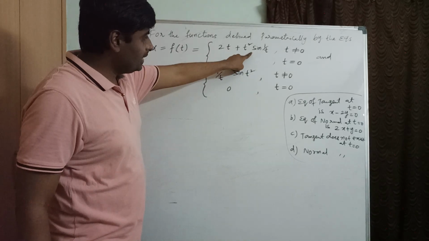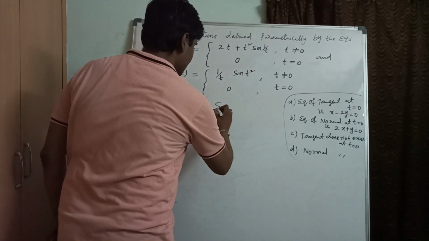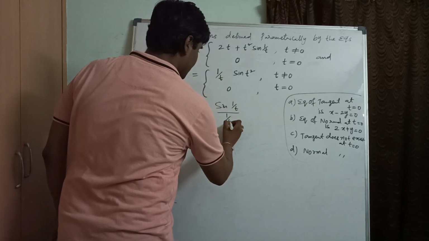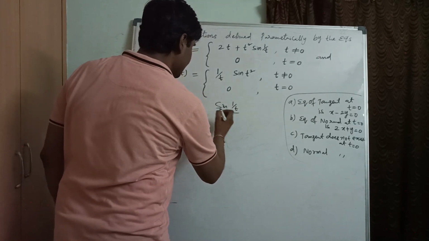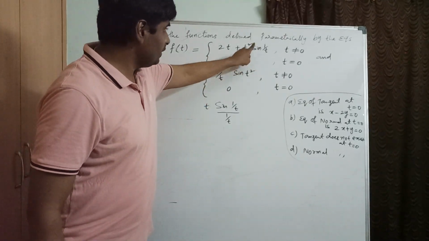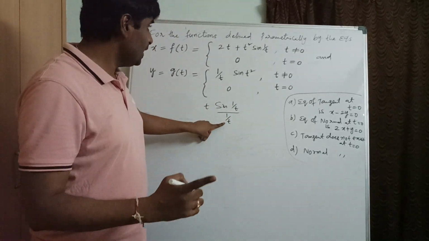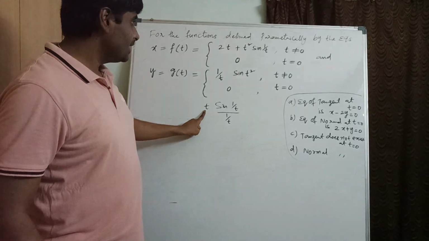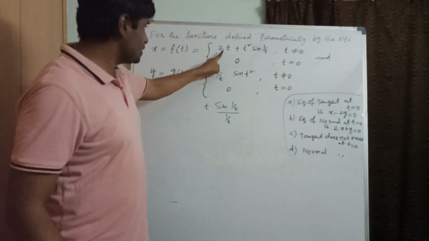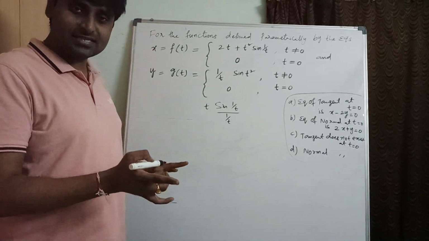And for this, if you apply limit, t square comes down. Okay, so how can you get here? I am going to write roughly 1 by t by 1 by t square. So by keeping 1 by t outside, sin 1 by t, I can take it down. Sin something by same thing, that is 1, correct? But t is left inside. In place of t, if you substitute 0 there, because limit is 0, 0 plus 0, 0. Function value is 0. This limiting value is 0 here. That we can understand, right?